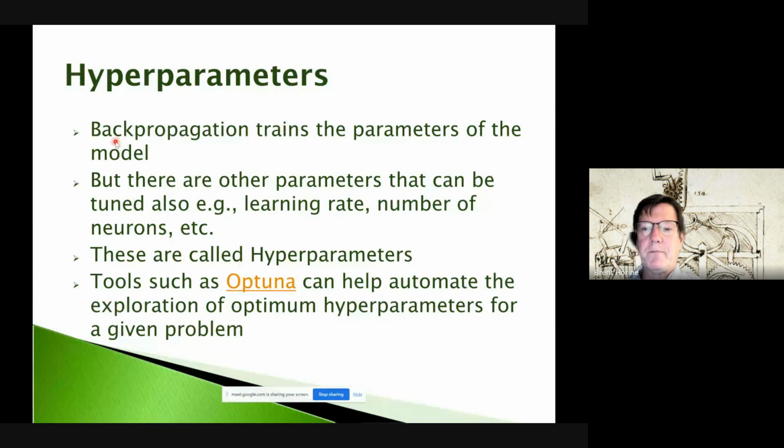So backpropagation is training all those parameters. But then there are things like the learning rate or the number of neurons in a layer. These are called hyperparameters, and we can use tools such as Optuna to